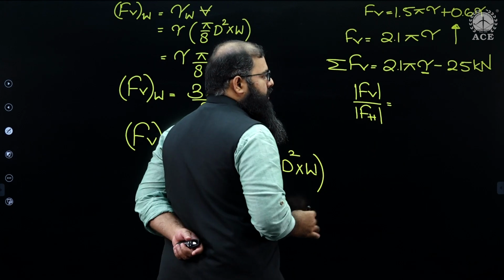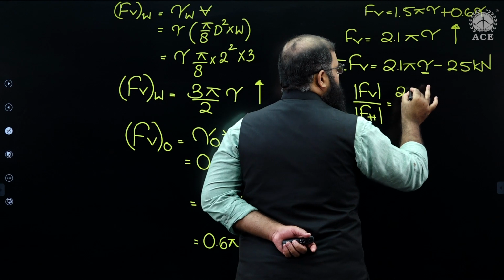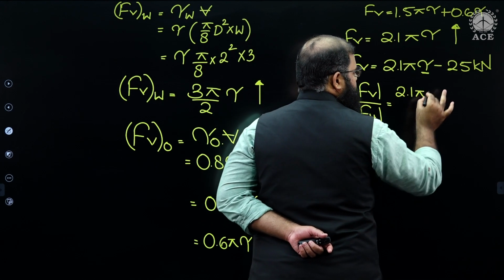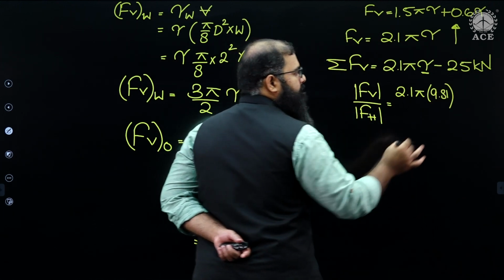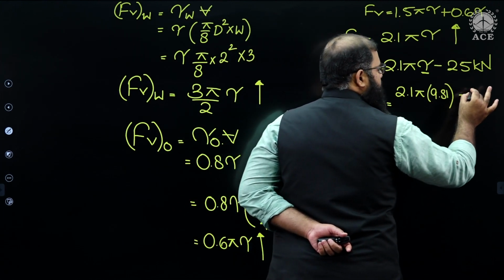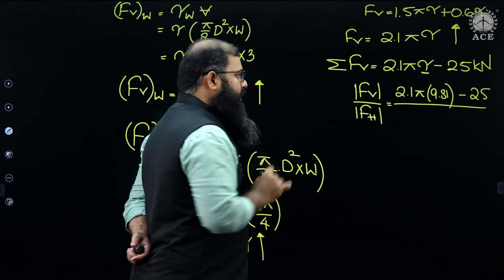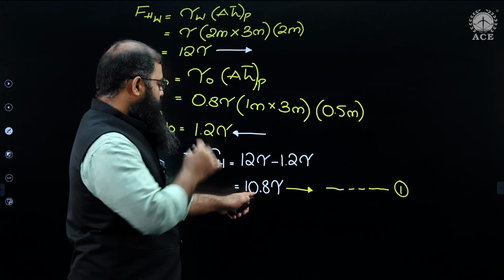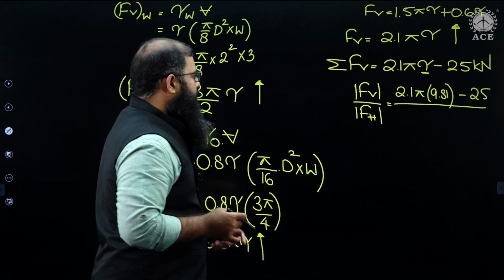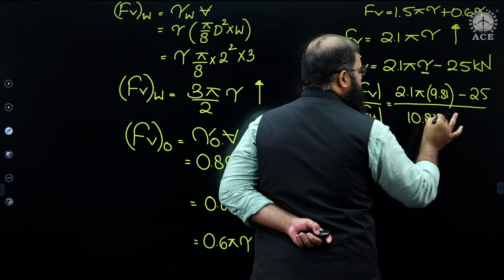So the net value of vertical I'm having is equal to how much? Is equal to 2.1 pi times 9.81 minus 25, divided by the horizontal value. Look at the previous slide. Horizontal value was equal to 10.8 gamma. That is equal to 10.8 times